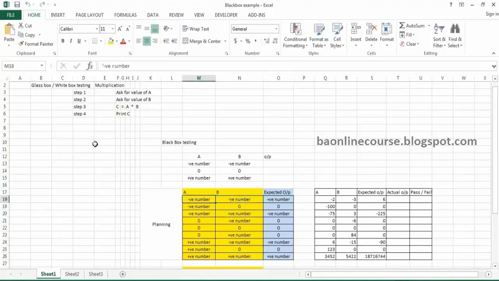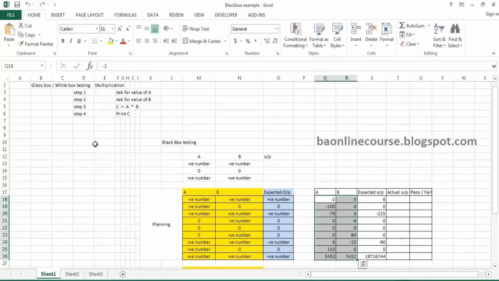So if both numbers are negative, then their multiplication is a positive number. Similarly, if one of them is 0, then the expected output is 0. If one of them is negative, then the output is a negative number. So you would have this logic. You'll pick up some data which conforms to those scenarios, and then create the expected output. Like if you have -2 and -3, your expected output should be 6. So you have a list of test cases that you can